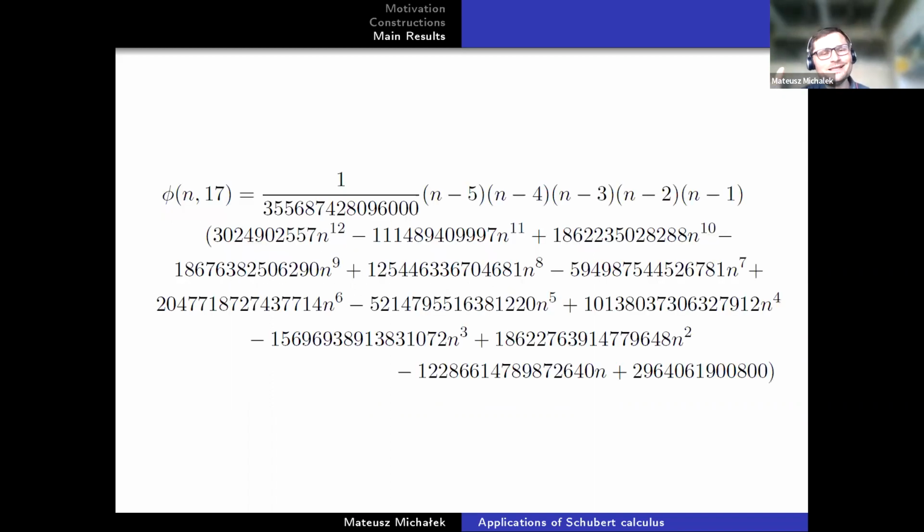Yeah, these polynomials, they look like this. So this is an example for 17, and you can say, oh, they are really horrible. But there is some magic here that I still don't understand. If you look at the coefficients, they look log concave. So if you take modulus and logarithms, they look concave.